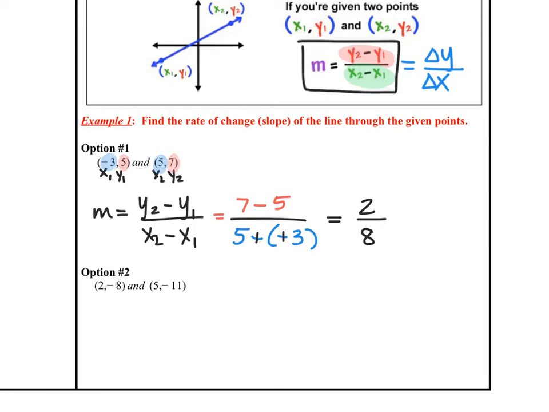That's the kind of stuff my students get really confused on, and that's why I don't normally do this. If it makes sense to you though, that's fine. I can simplify this fraction by dividing both the top and the bottom by 2, so that my final answer for my slope is 1/4. Okay, so that's how you use the formula. You write down what's my x1, y1, x2, y2, subtract the y's on the top, the x's on the bottom,